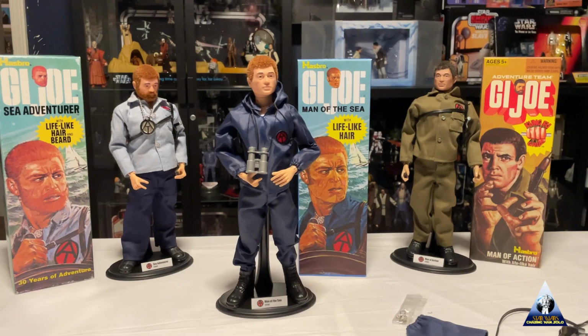In the background you can see my Star Wars collection. I'm going to get another case or two to put these in there. I'm not a completist by any stretch of the imagination, but I just wanted to capture a couple of items representing some other interests when I was a kid. And I'll have a few more videos following this one that will pick up on this theme,